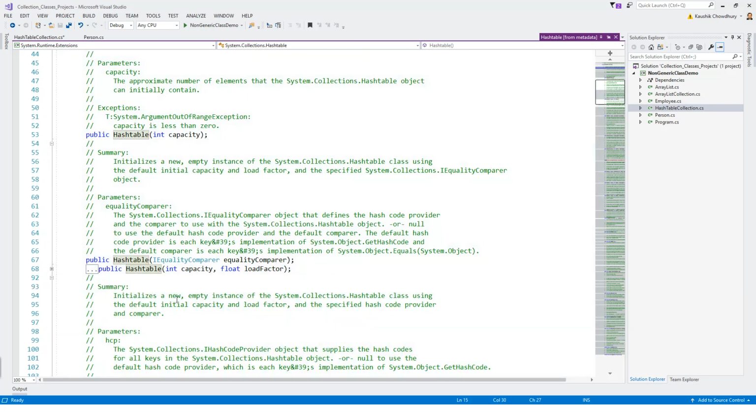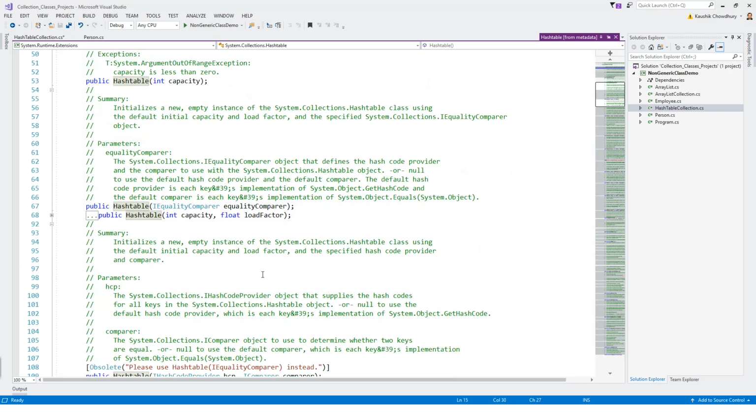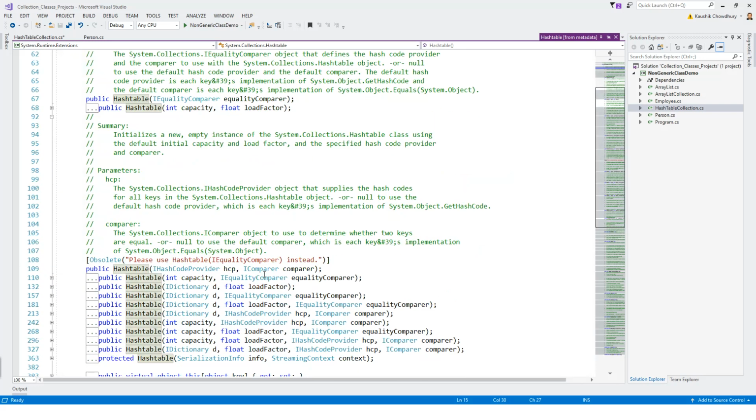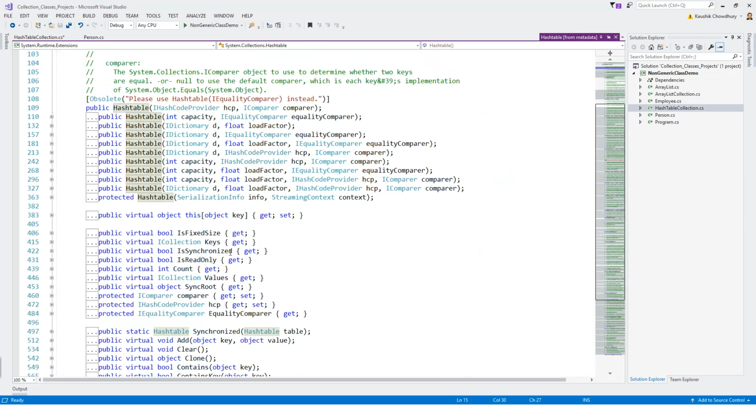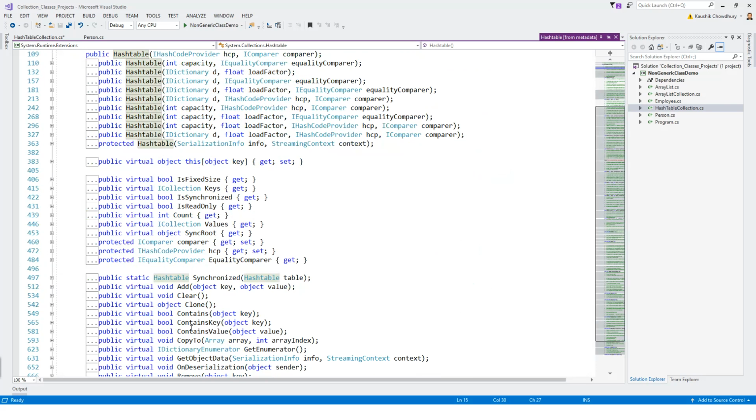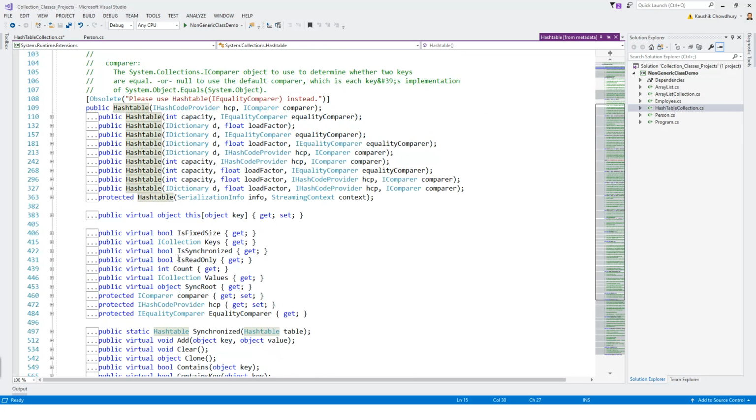This is how you got to this point: through the metadata, through reflection, which is also covered in one of the lectures. So through reflection, you can get everything that is covered within the hash table class, with all the methods. These are the methods. These are the properties. Right. So it's always a good idea